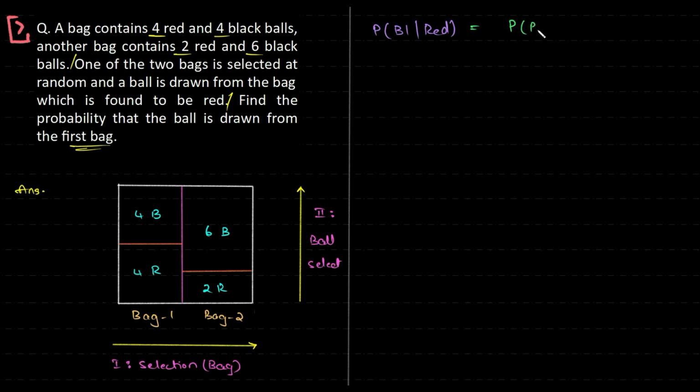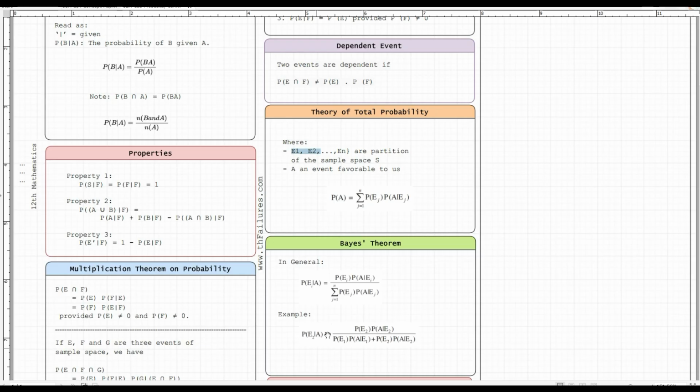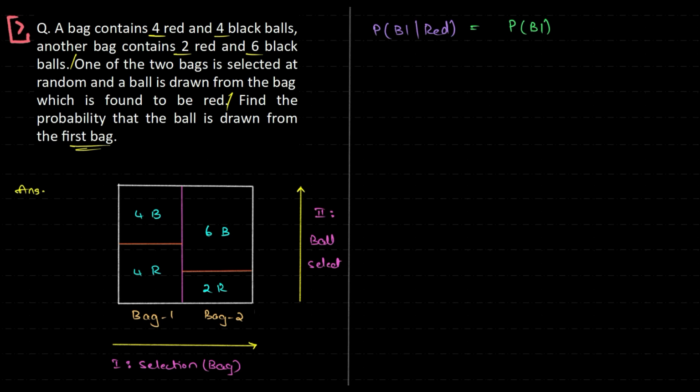I'll directly write the formula. The probability of B1 into probability of red from the bag 1 divided by, as per total probability theorem,